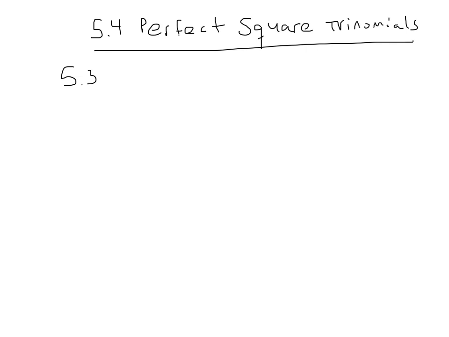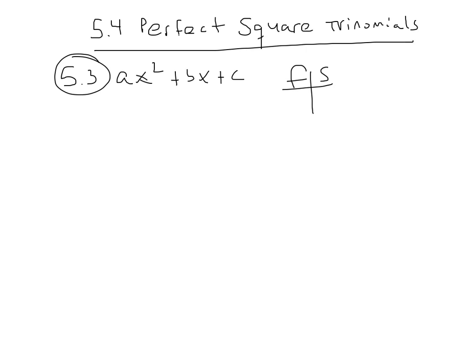there are some cases of trinomials from section 5.3 that come in the form ax squared plus bx plus c, where you can definitely factor them using a factor sum chart, but if you know the technique of perfect square trinomials, you might make your life a good deal easier. So if you're still listening at this point, I think you might learn a thing or two, and it might be worth your time. So perfect square trinomials, we call them PSTs, first of all have to be trinomials,